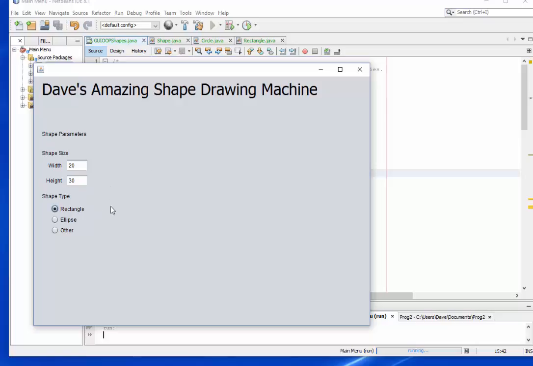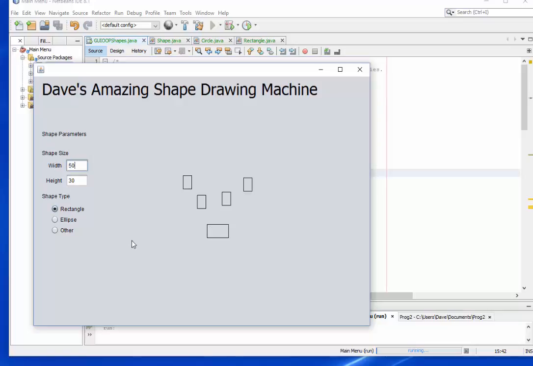And so I'm going to click rectangle here, and then I'm going to come over here in what's called a panel, which you can't see, and I ought to make it visible, and click on it. And when I click, I get a rectangle right there. Notice that the rectangle appears with its upper left-hand corner at the point that I was pointing to, and its width is 20 and its height is 30. And I could change that to say the width is 50 and the height is 30,